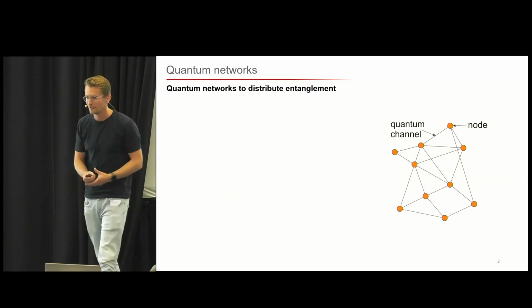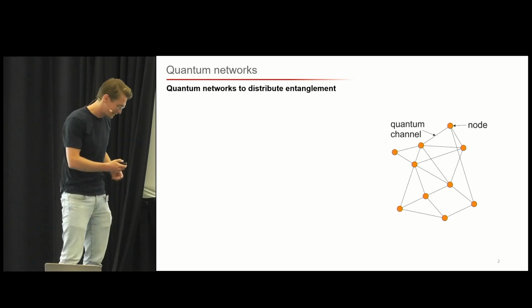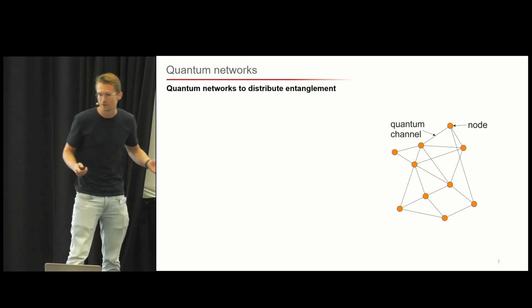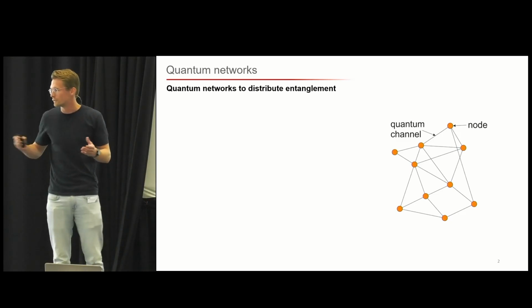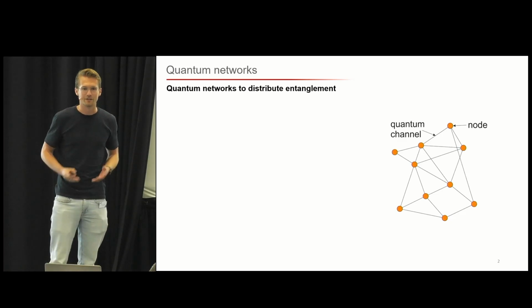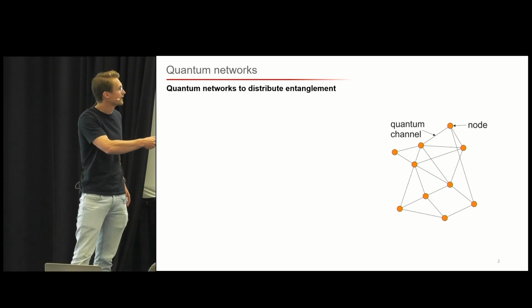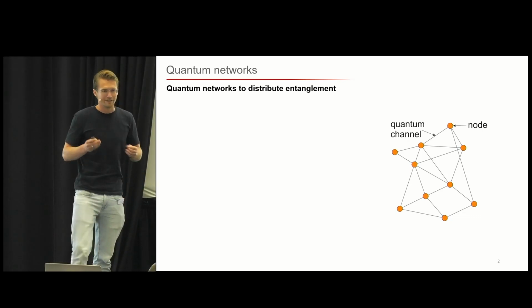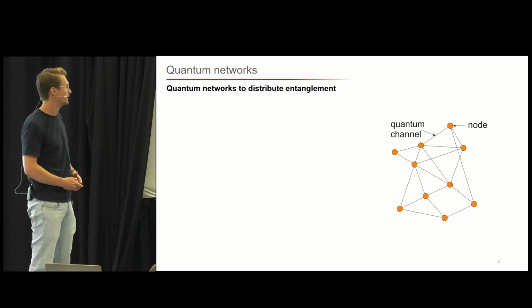I will be talking about quantum communication, and one of the big goals of quantum communication is to produce quantum networks. So what are quantum networks? Quantum networks consist of nodes, and these nodes can process or store quantum information, and they also have a light-matter interface. Using this light-matter interface and quantum channels, they can send photons to each other and distribute entanglement between the nodes.